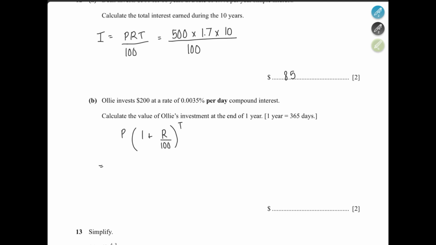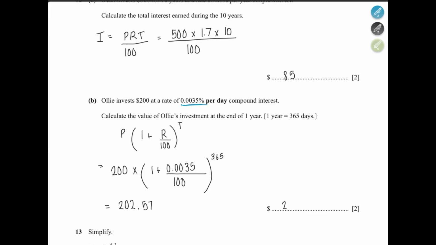The principal amount is 200 multiplied by 1 plus the rate, 0.0035 divided by 100. Make sure that you don't write the percentage sign, as mentioned here. This percentage means it's over 100. Don't write percentage. To the power of time, which is in days, not years. So this is 365, which equals